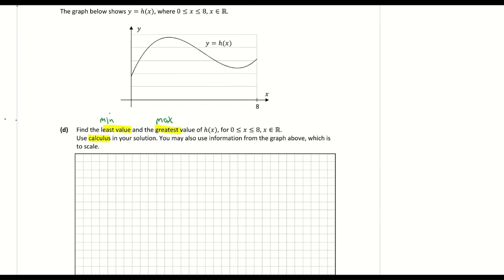But as you look at the graph, this is going to be my minimum turning point, which we can use calculus to find, and this is going to be my max turning point, which again we'll use calculus to find. But that minimum point here is not actually going to be my lowest one on the graph. The lowest point on the graph is actually going to be here. You can see here that that's below the minimum turning point. So they're trying to maybe catch us out there between using the minimum turning point and actually the lowest value from the graph. So finding that one there at the lowest point, first of all, well, that's going to be